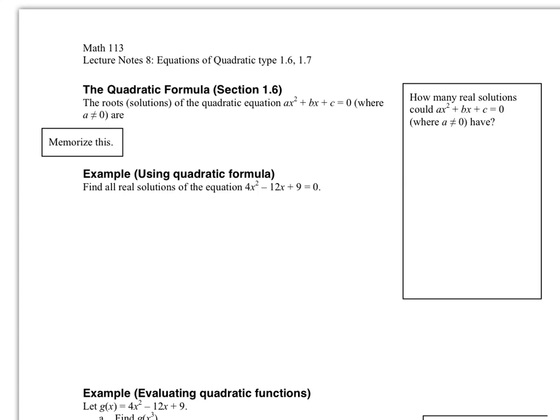Hello everyone, this video covers lecture notes for week number 8. The main topic here is equations of quadratic type. Quadratic type just means that you can write the equation into a quadratic equation,